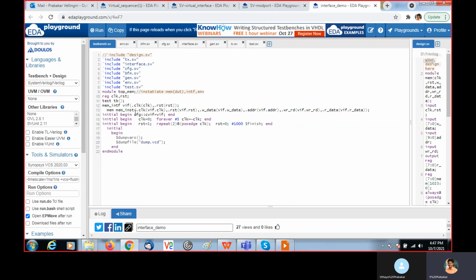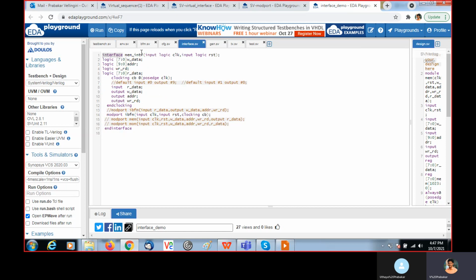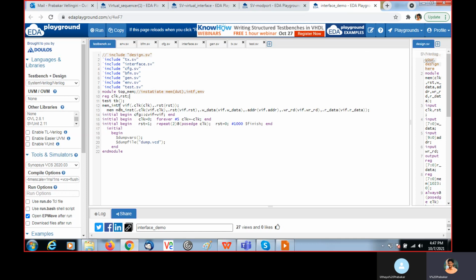Then we map the corresponding signals of this memory with interface signals. So this vif is nothing but the interface handle. The name intf is nothing but the interface block name. So it is instantiated as vif. And clock and reset we are generating in the top module, so we need to pass them to the interface.